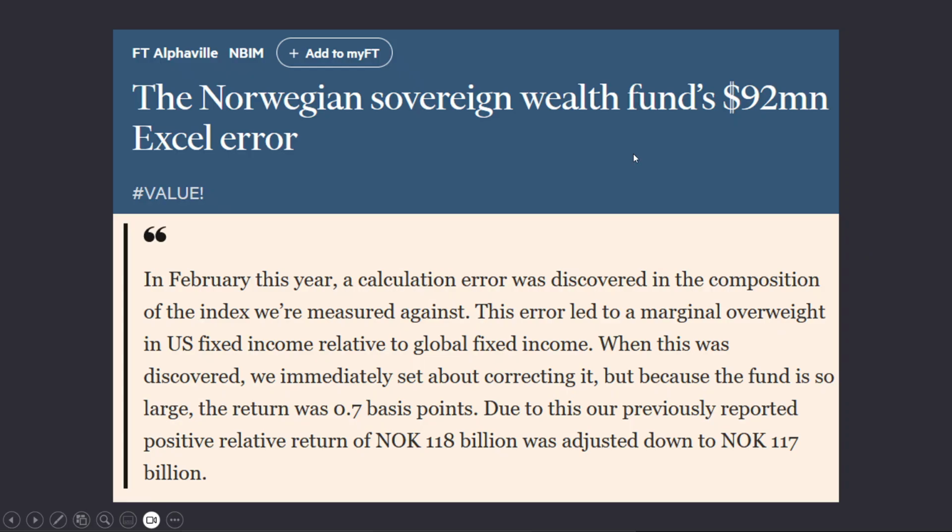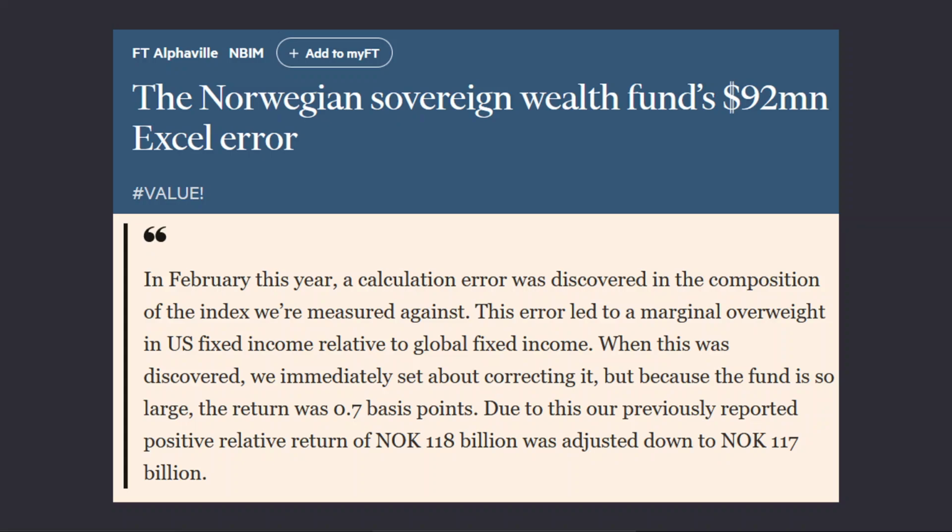Another error was made by the Norwegian Wealth Fund. They lost 92 million US dollars through an Excel error. It wasn't a formula error, but they overrated some bonds where the result wasn't as high as with stocks, and therefore this error created a significant loss.